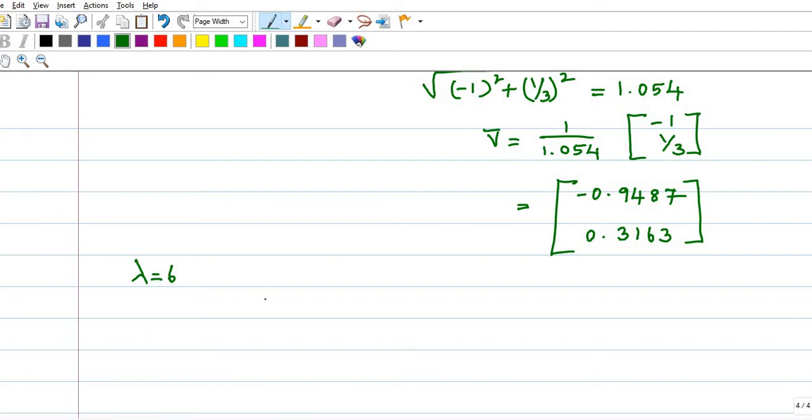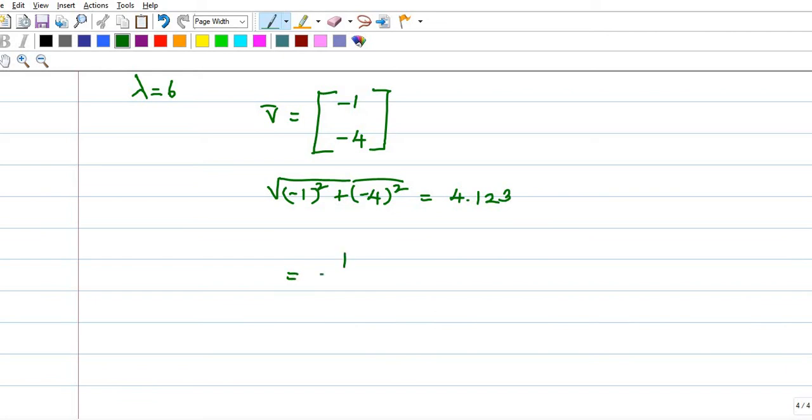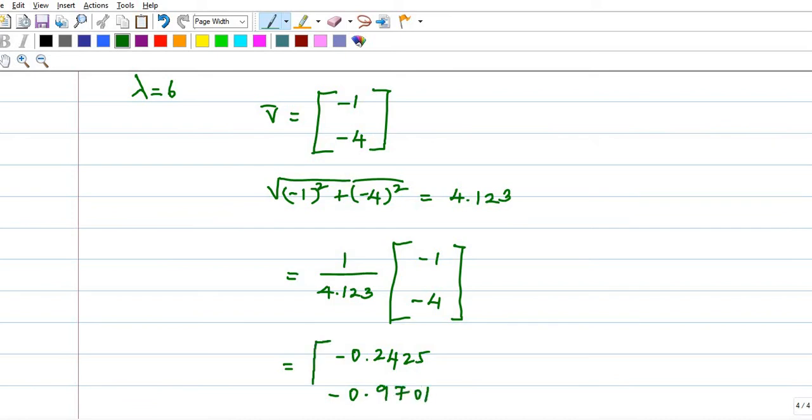Similarly, for lambda equal to 6, we got the eigenvector -1, -4. We'll normalize this: (-1) squared plus (-4) squared gives 4.123. So you normalize the vector by 4.123. -1 divided by 4.123 gives -0.2425, and -4 divided by 4.123 gives -0.9701.